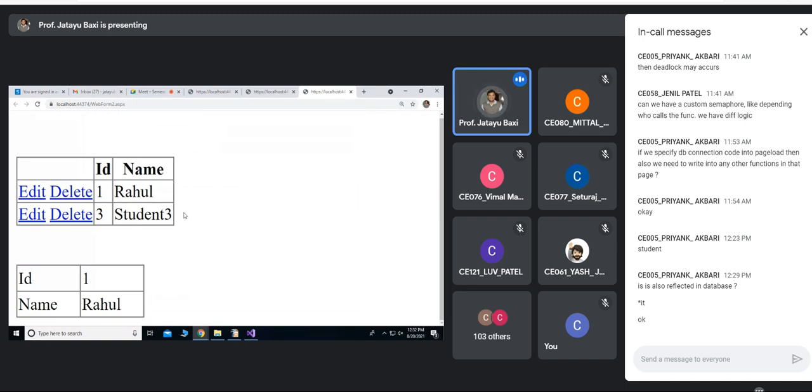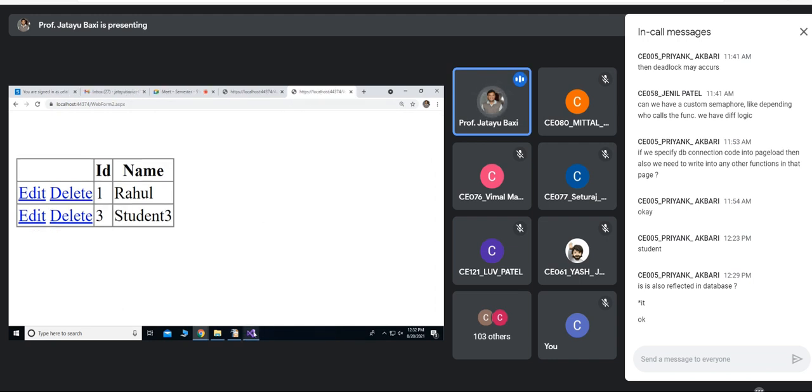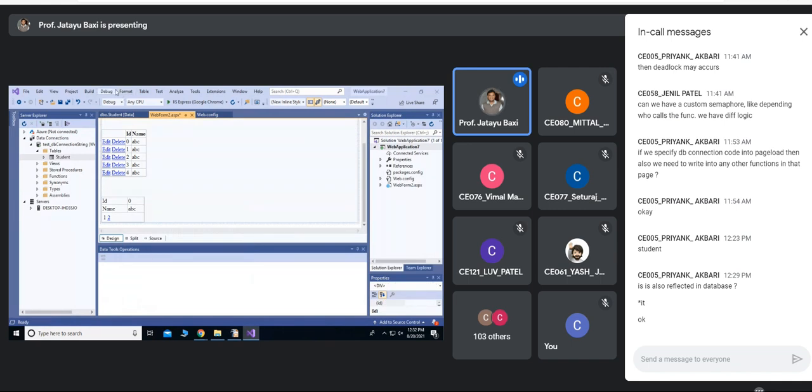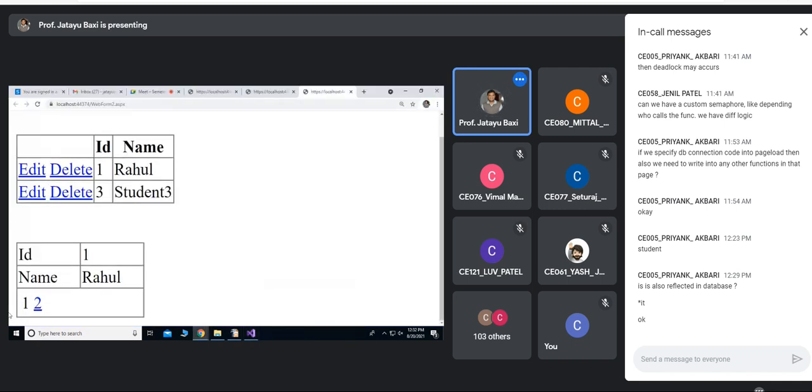Right. This is the details view. So you can see only first record here because it is a details view, and I can enable paging. Once I enable the paging, I can navigate to other record also. So this is record number 2, right? So you can navigate like this.